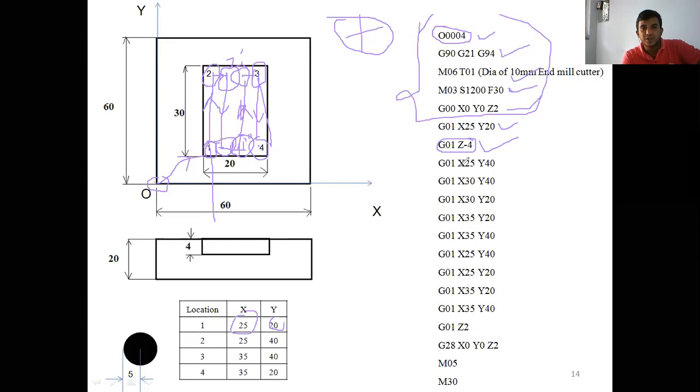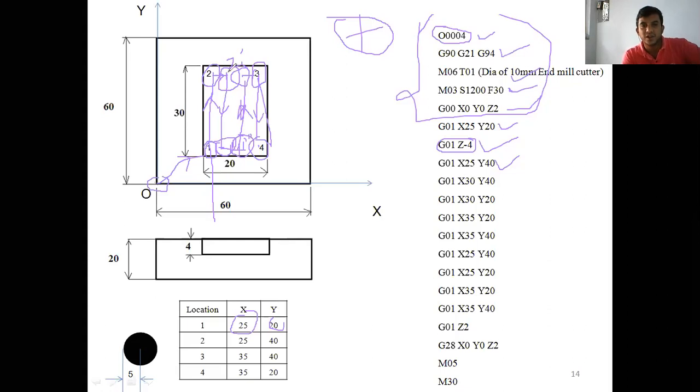Now move the cutting tool from 1 to 2. What type of motion is it? A linear interpolation. That is G01. What is the second coordinate here? X25, Y40. After that, move the tool from 2 to 2 dash. Better to consider only the radius of the cutter, not the diameter.